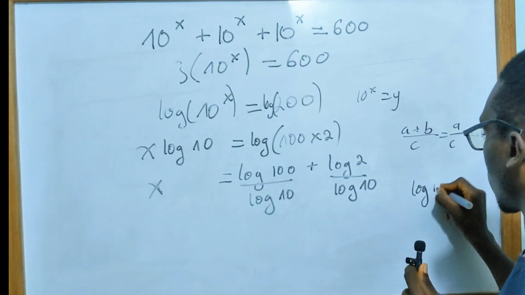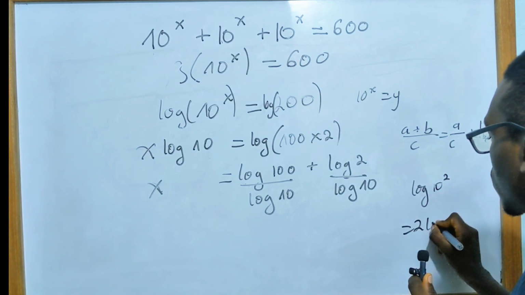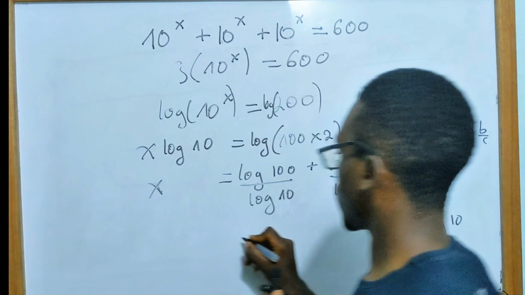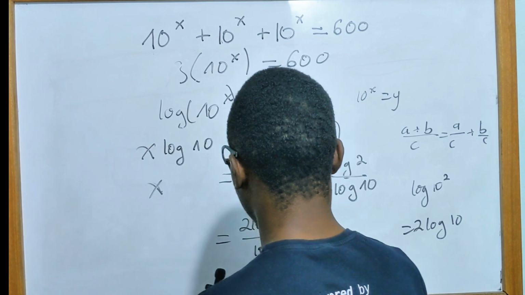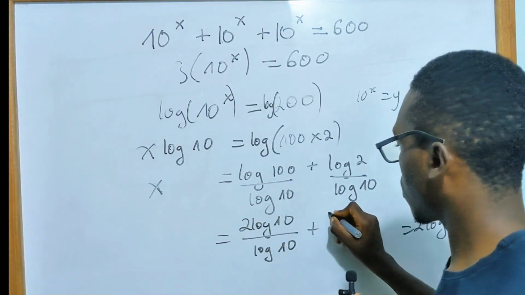We also know that 100 is equal to 10 squared. That will be equal to 2 log 10. Hence, we are going to have 2 log 10 all over log 10 plus